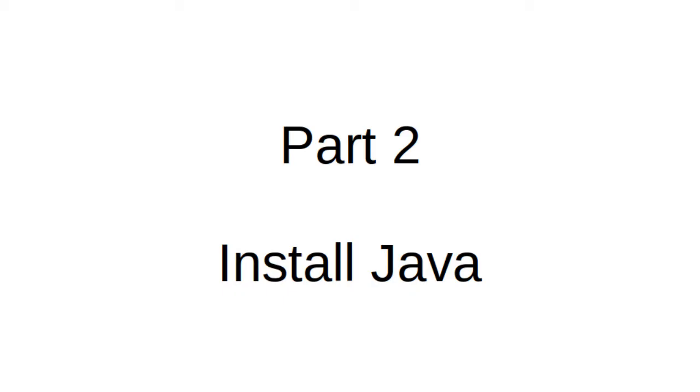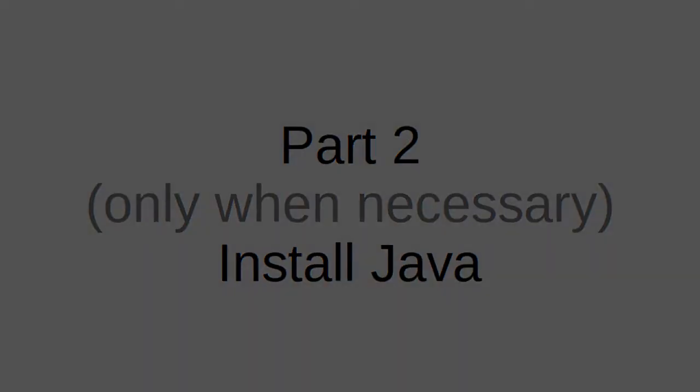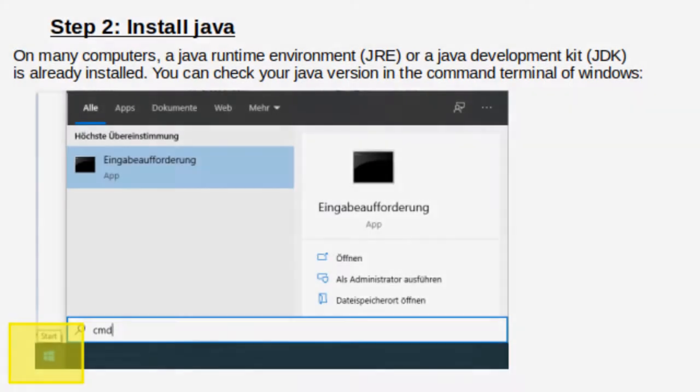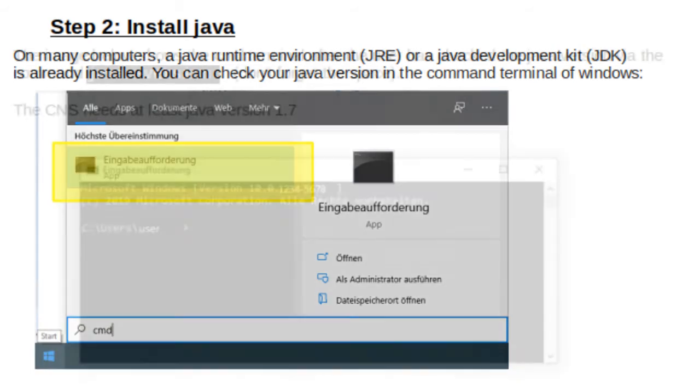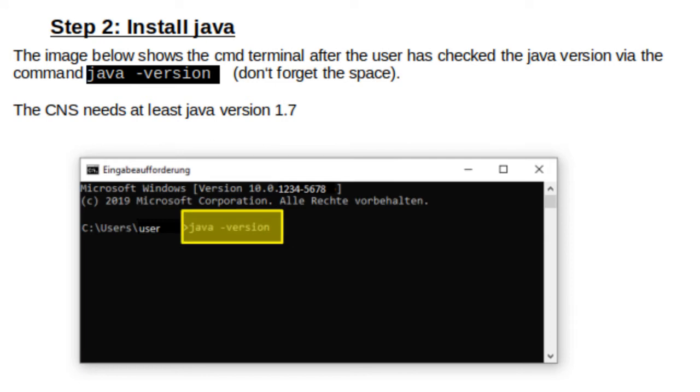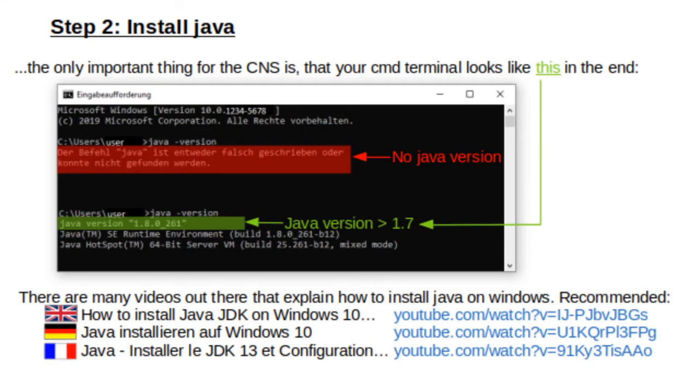Part 2, install Java if necessary. At first, check if you have a Java version on your computer. Therefore, click on Start, search for CMD and open the command terminal. Type in Java -version, then press Enter. If you now get an answer that tells you a Java version number larger than 1.7, then you already have